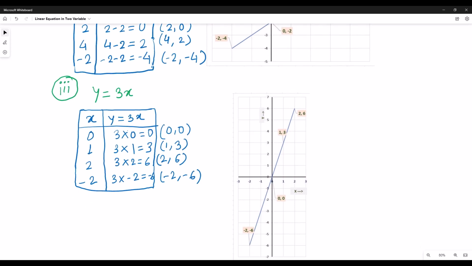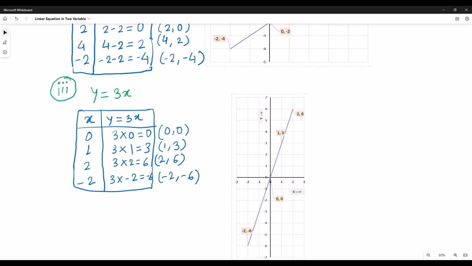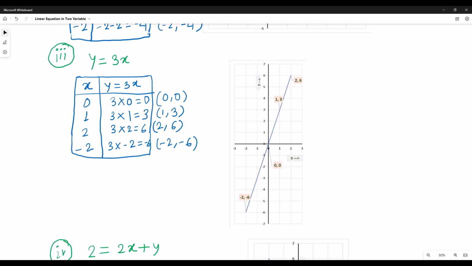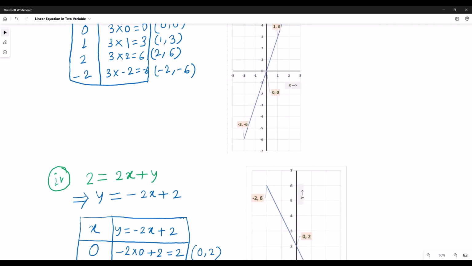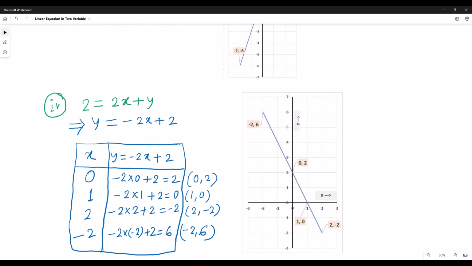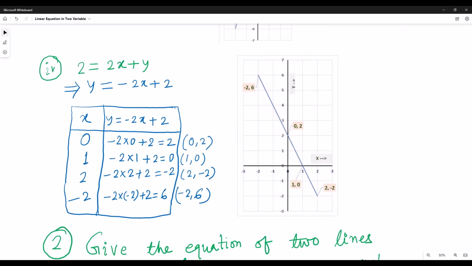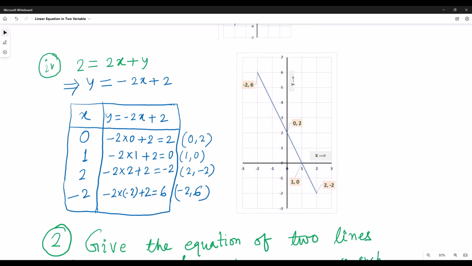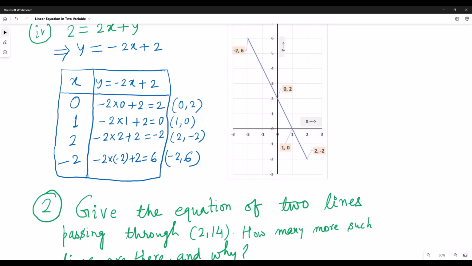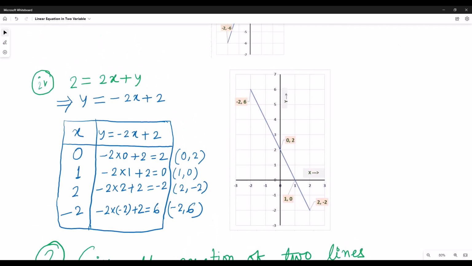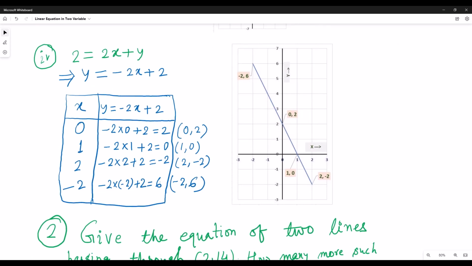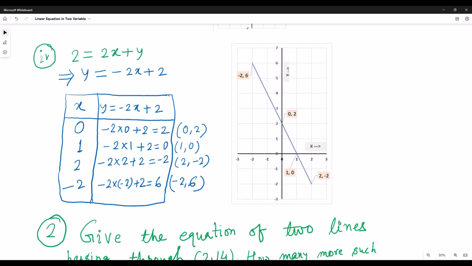So y equals 3x. This will pass through the origin. Okay, 2 equals 2x plus y. You just see the solution and you will find. You can use graph paper, actual graph paper, and you can plot it. 1, 2, 3, 4. You have to first make the x-axis and y-axis like this, and then you can plot different